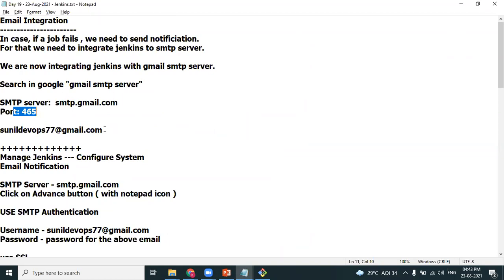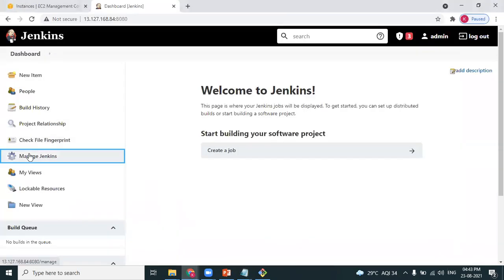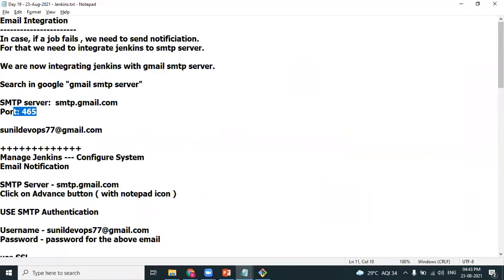I want to integrate Gmail. So let's log into Jenkins. We already have logged in. Manage Jenkins, Configure System.